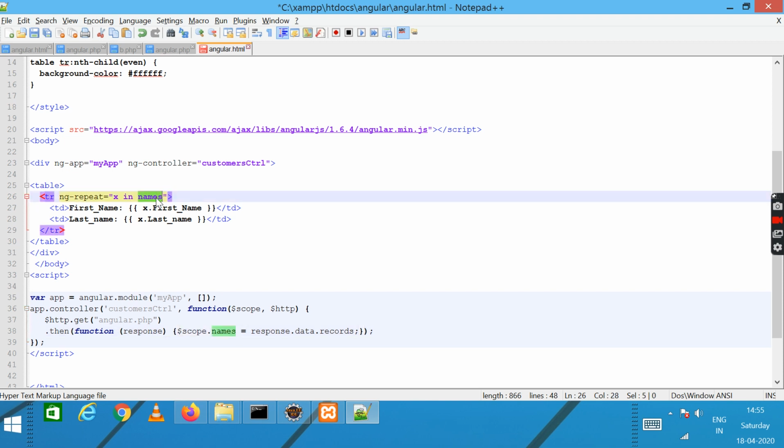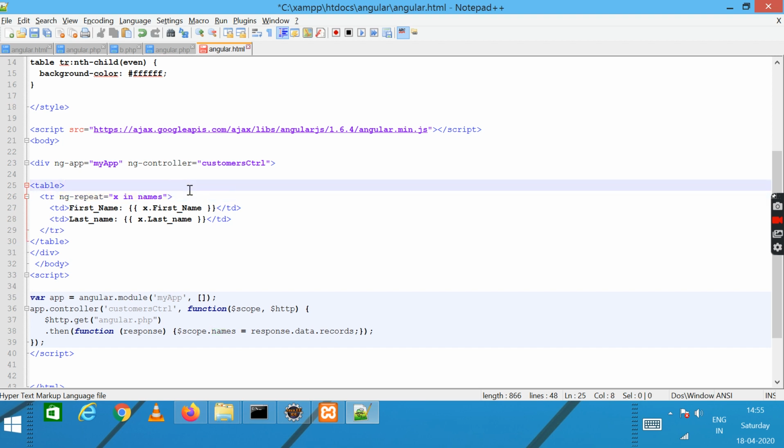Here we read these names with ng-repeat x in names. What is x? Each row in names, right? So for each row we have x.firstname and x.lastname. So what are first name and last name?